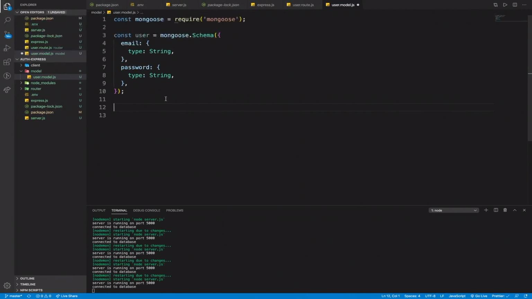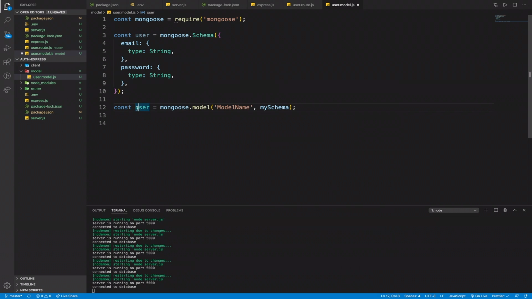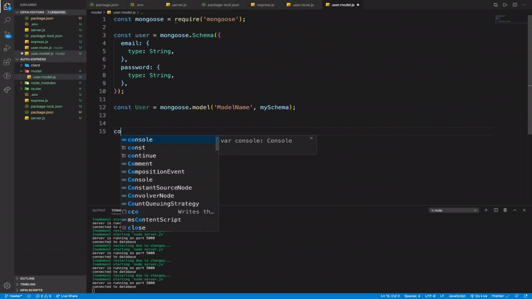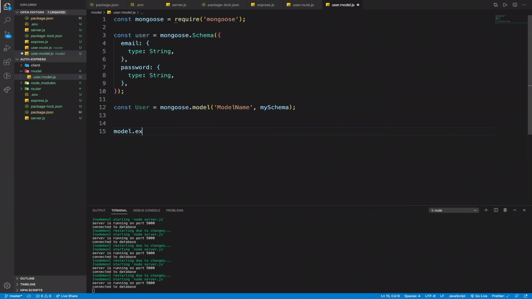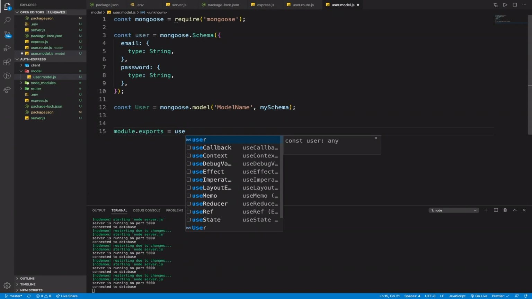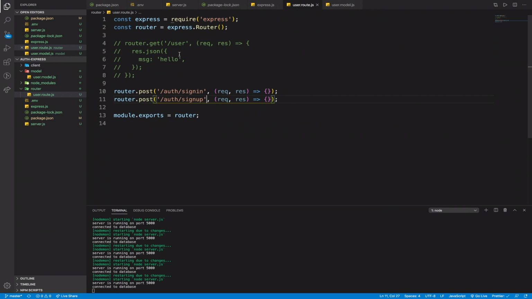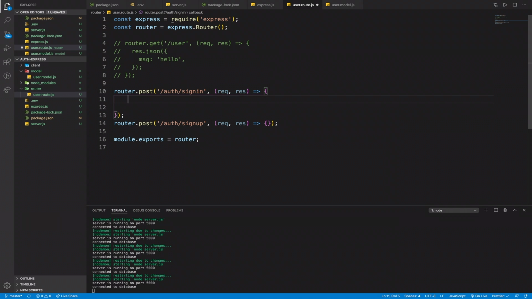We do this, equal the user. Got big user, so module.exports equal to user. We export our model right here. Alright, great. So then inside the user route, when the user posts sign in, we can read it from the